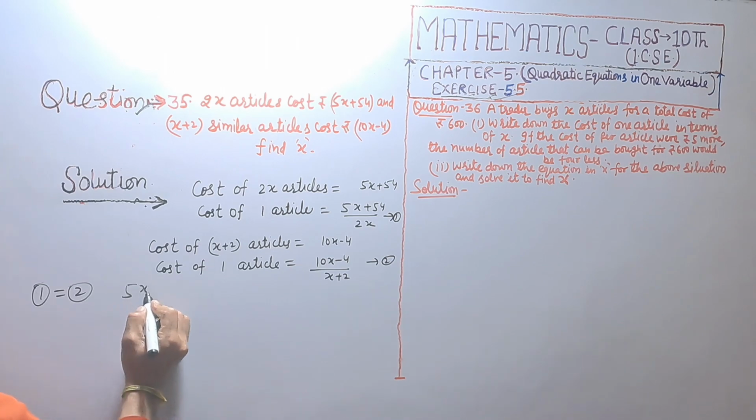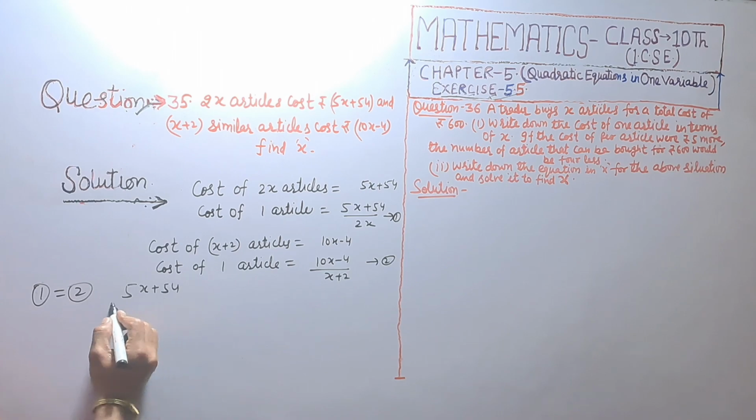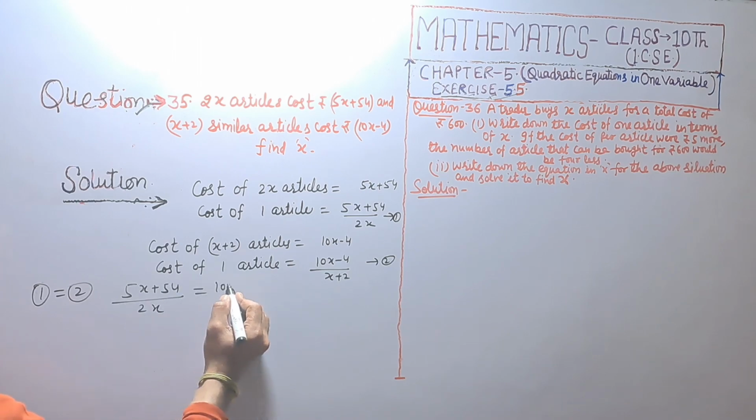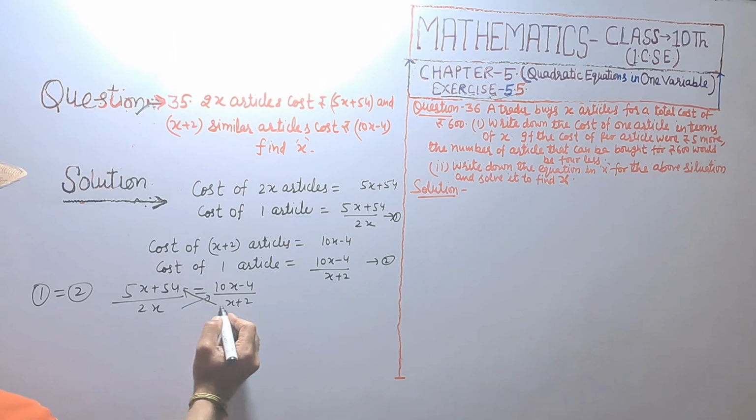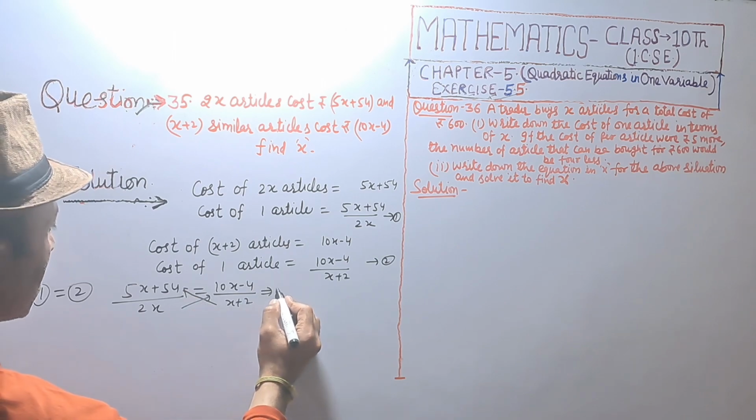That is 5x plus 54 divided by 2x is equal to 10x minus 4 upon x plus 2. Cross multiplying, which implies